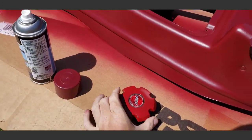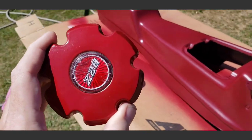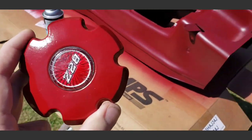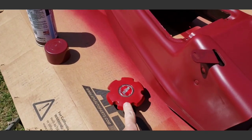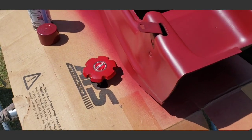All right, so just for comparison, we brought out the center cap that we had already painted on the Z28. And what's crazy is now that they're both out in the light, when you set that next to that, they're not that far off in color. And this doesn't look bananas pink like it did to us before. So we're thinking